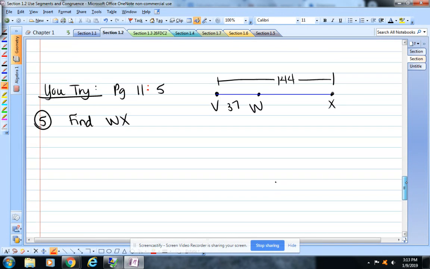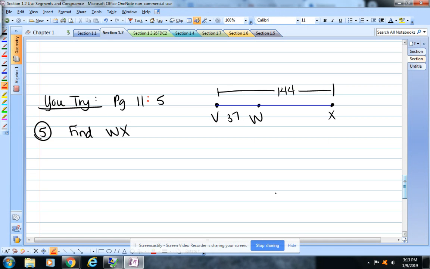Okay. The last example we did today was page 11, problem number 5 out of the book. For the segment addition postulate, they tell me that the length of the entire segment VX is 144 units, and the short segment VW is 37 units. They want us to find the length of segment WX, which is this little segment right here. The way we can find that is little plus little equals big. If I know the big segment length, which is 144, I can subtract one of the smaller segments, which is 37, and get that length. So I believe the answer is going to be the length of WX equals